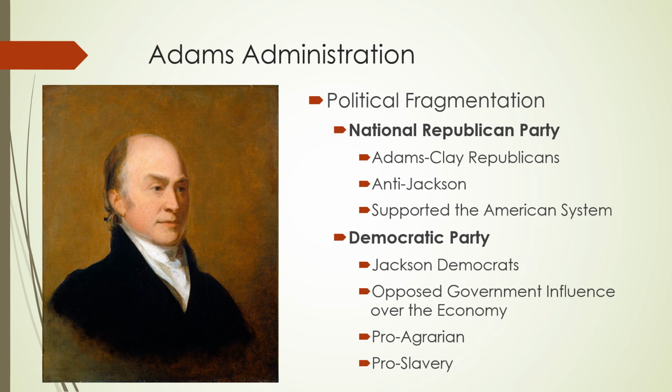They were pro-agrarian, all right? They liked the idea of an agrarian society, which they trace back to Jefferson. So some Democrats today would say they trace their party to Thomas Jefferson, but most historians say that Jackson is the founder of the Democratic Party. But in being pro-agrarian, they are also pro-slavery. Those two institutions are intertwined politically, socially, economically, all right?